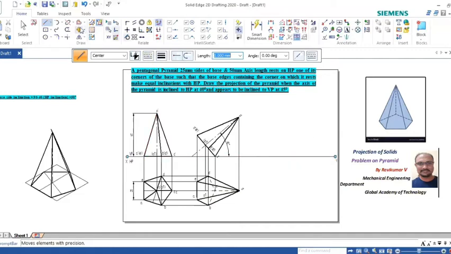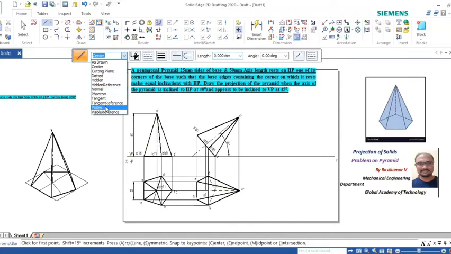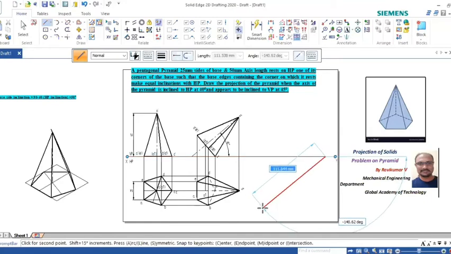Now what do you have to do here? Go to the line command, normal line. Draw a line at what angle? 45 degrees to VP. Now we can select here, because the pyramid, no problem, draw 45 degrees. To draw 45 degrees here, you have to measure from 180 minus 45, that is 135.